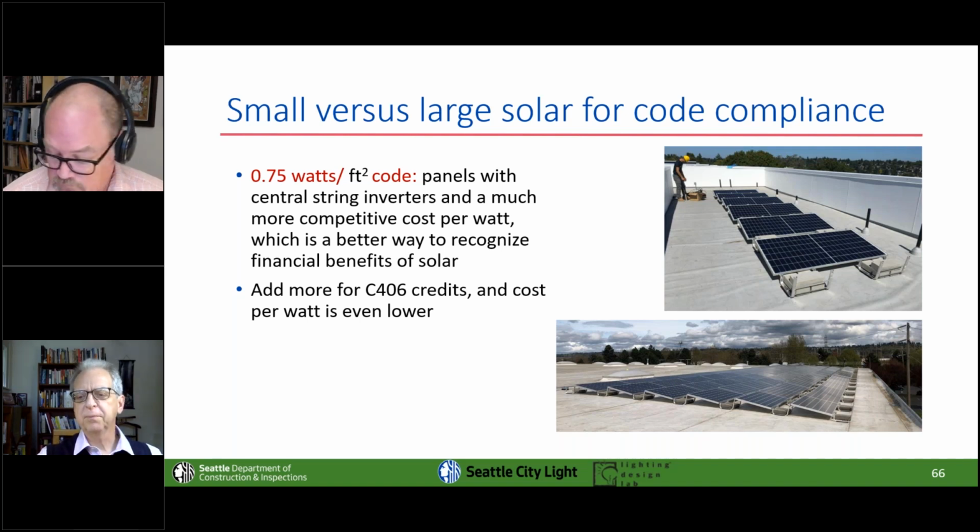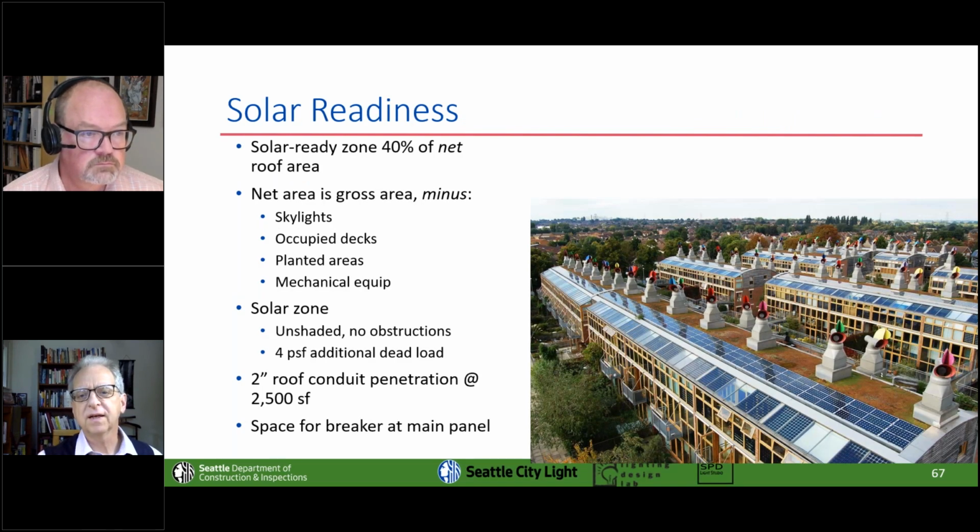So we're bumping up the requirement significantly in Seattle for rooftop solar, and yet that is bringing down the cost per watt installed. And if you also decide to take some of your C406 credits to extend that even further, then you will further bring down the cost per watt, especially if your general contractor is coordinated well with the roofers and everybody. We do require that 40% of a roof be